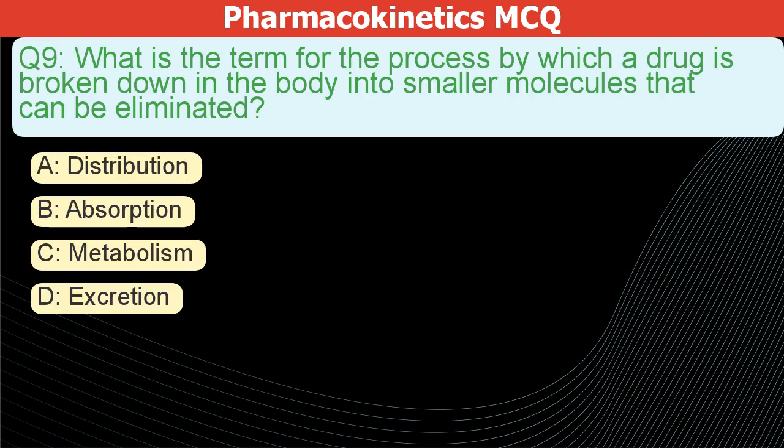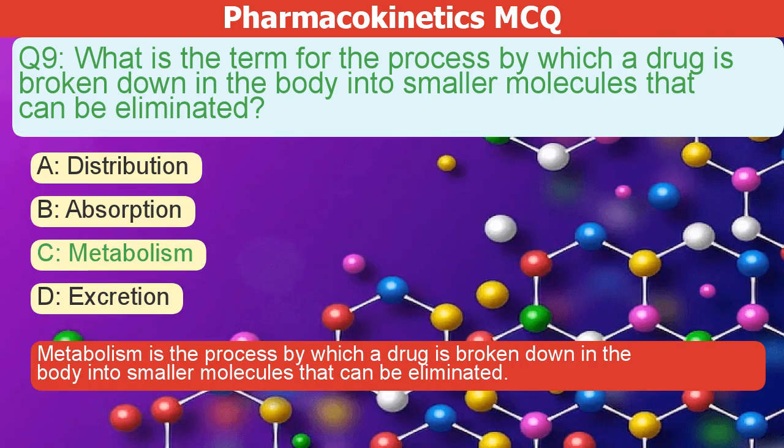What is the term for the process by which a drug is broken down in the body into smaller molecules that can be eliminated? A. Distribution. B. Absorption. C. Metabolism. D. Excretion. The correct answer is C. Metabolism is the process by which a drug is broken down in the body into smaller molecules that can be